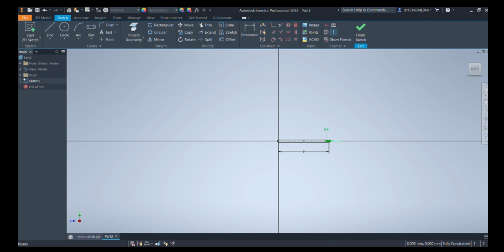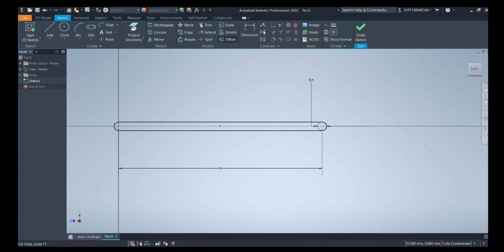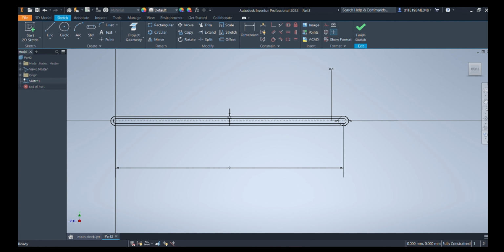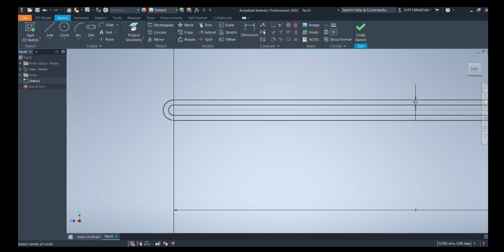Giving it a height of 9 mm and giving the circle radius as 0.4 mm, offset it by a distance of around 0.1 mm, it will be fine, and then extrude it, adding one circle to the left hand, which will help us to hold the hand.